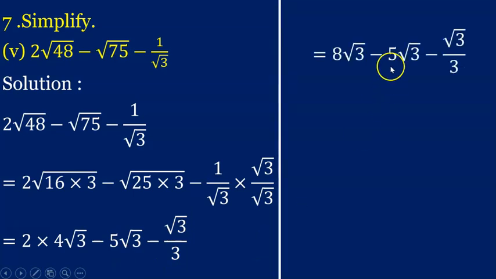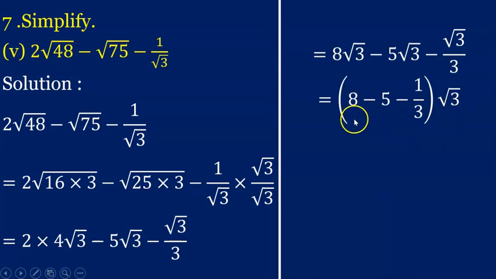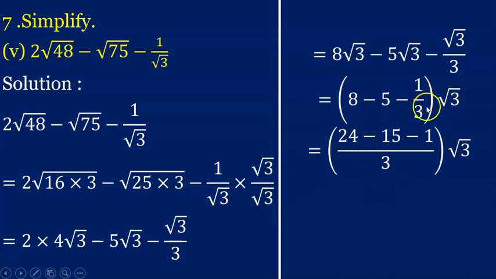See this here, 8 root 3 minus 5 root 3 minus root 3 upon 3. Take root 3 as a common. Then in bracket you will get here 8 minus 5 minus 1 by 3, bracket complete into root 3, and after simplification, that is multiplied this 3 by 8, then you will get here 24, 3 into 5, 15 minus 1 upon 3, or you may have the LCM, that is 24 minus 15 minus 1 upon 3, bracket complete into root 3, and after simplification this, that is 24 minus 16, you will get here 8 upon 3 into root 3, and this is the answer,